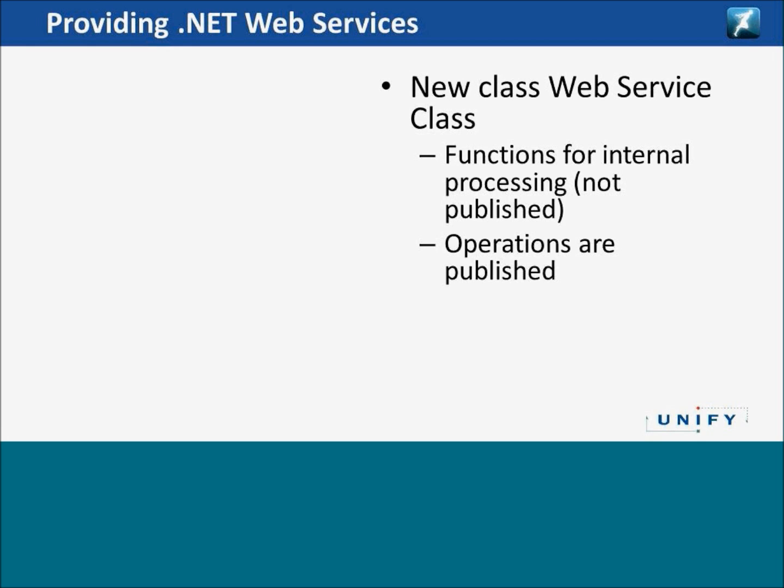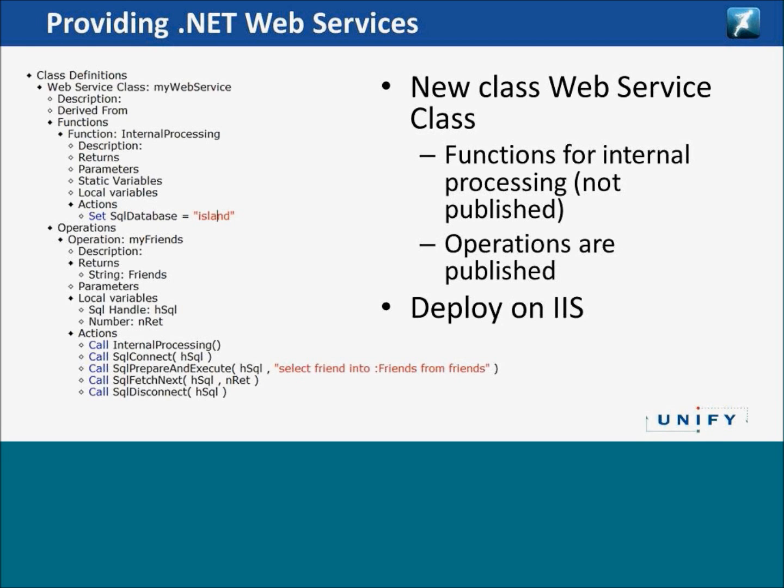So you have two types of things that you can program in a web service: operations, which are being published and made known to other applications via the WSDL file, and the internal functions that you use for your own programming. You will need to deploy those on IIS, on the Microsoft Internet Information Server, and this is how the outline